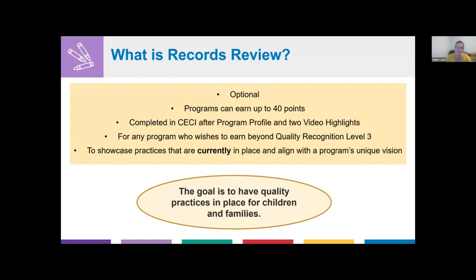So any standard that's not currently implemented in a program or doesn't align with the program's vision can be opted out of. And really the main goal here is to have quality practices in place for children. So there's multiple ways of demonstrating quality. Every program is unique. And that's one of the big reasons why it's somewhat flexible. You can opt in or out of any of the standards that you wish.